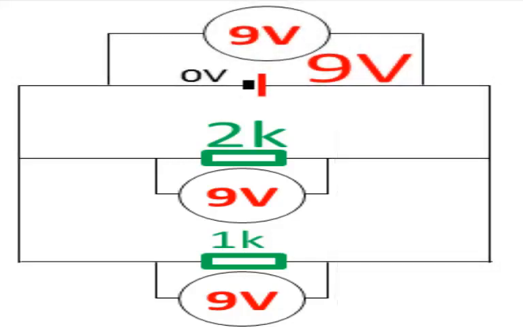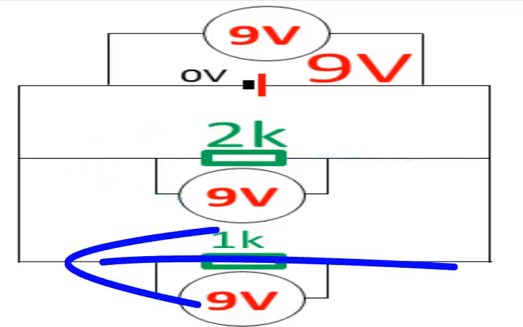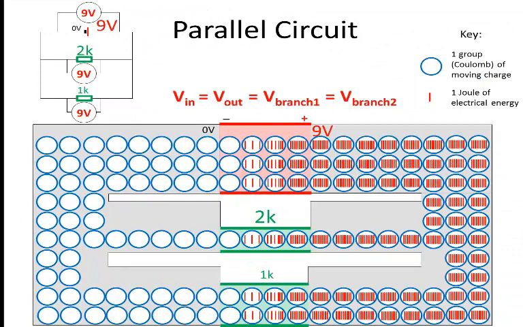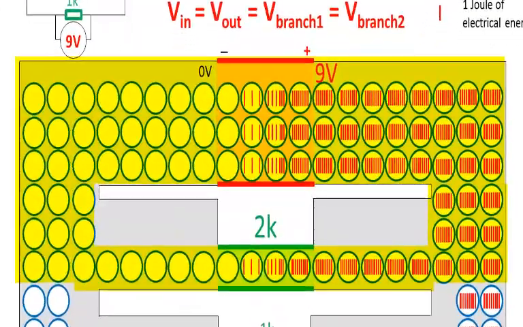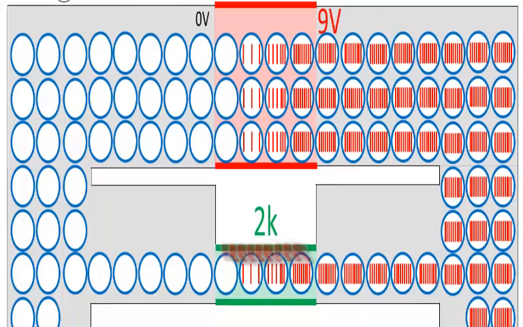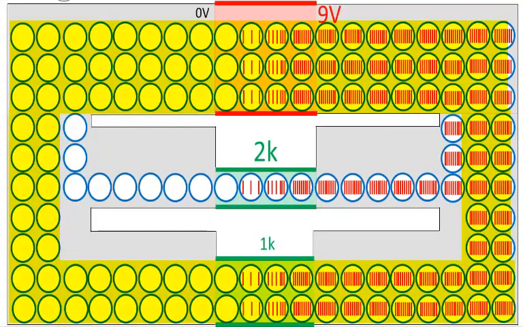And that's because each group of charge goes through either this branch or that branch, not both branches. And as they travel along their circuit from positive to negative terminal, they have to lose all the voltage which the battery gave them on the path that they go around. And so those charges that go through the 2K resistor, they have to lose all the 9 volts which the battery gave them as they travel through their 2K resistor. And those that go through the 1K resistor, they have to lose all their voltage as they go through the